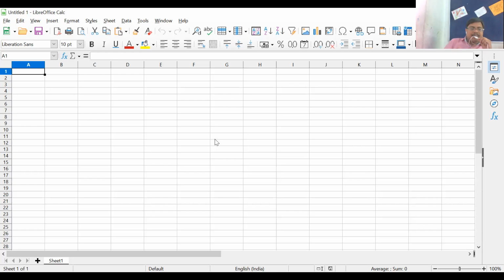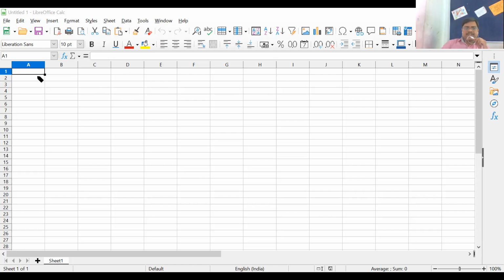But a worksheet is a collection of cells in the form of a grid. You can see, yes, this is my cell, but a cell is the combination of column and row. So that's why I use the word grid.